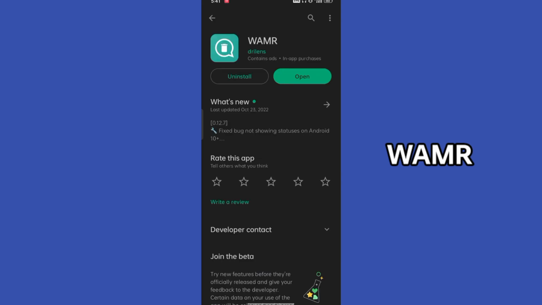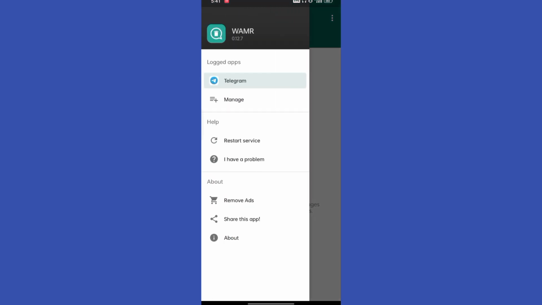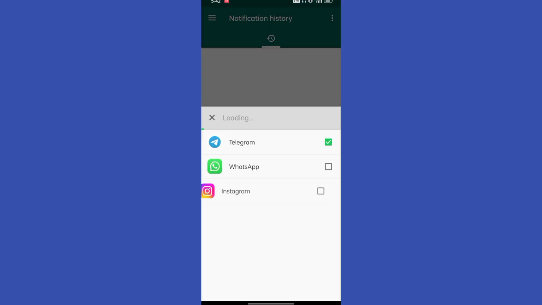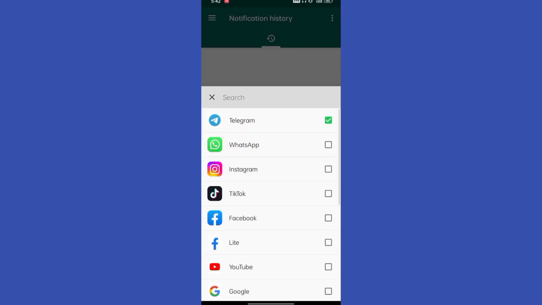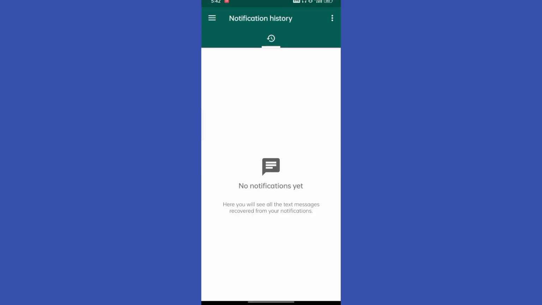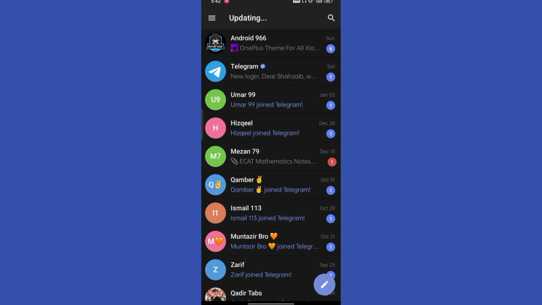I've already installed it, so let's open the application, and after that click on the three lines in the upper left corner, and you have to add Telegram to this application. Just click on Telegram and it will be added to this application. After that, if I go to my Telegram now,